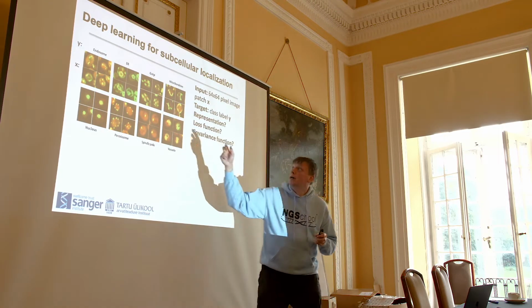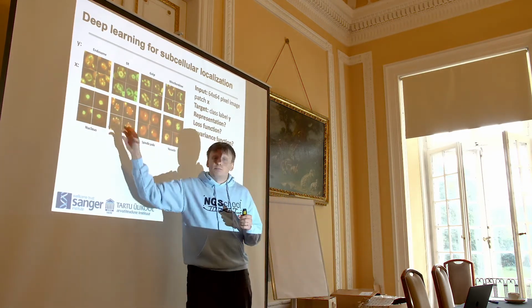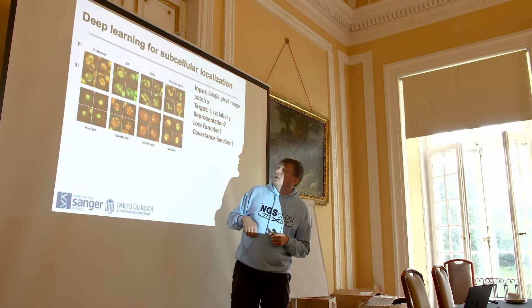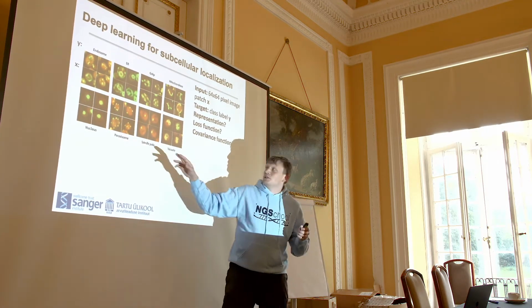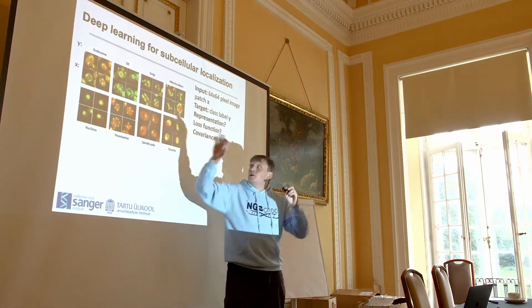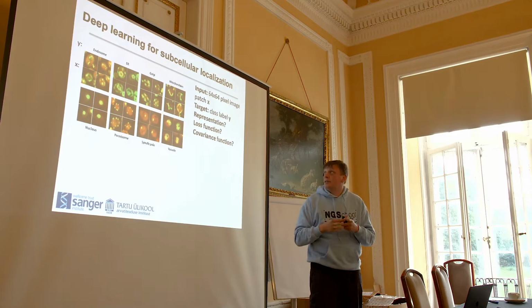So if you look by eye, here's the nuclear, these blobs. Back here are bigger blobs. Okay, you don't see the nucleolus, which is a sort of crescent within the nucleus. You have peroxisomal dots. You have the ER, which is the nuclear periphery, plus additional membranes, and so on.